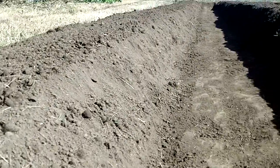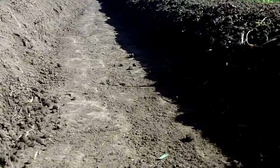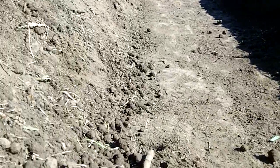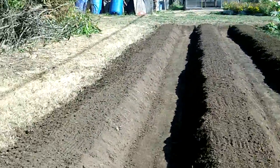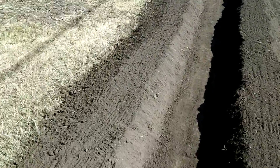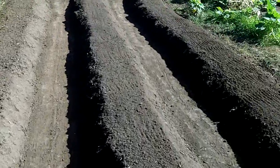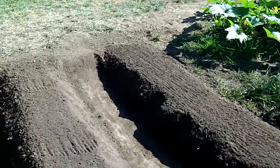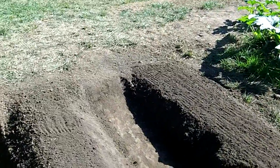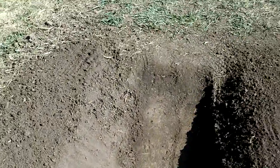sides of the walls. And it's basically ready to go. I've got the soil damp enough I could put seeds in. I got the ground pretty wet. I have to have it wet enough that the ground will stick together, but not so much that it binds. This is kind of clay here, so I don't want it to bind together. It gets messy. So I watered it just the right amount,